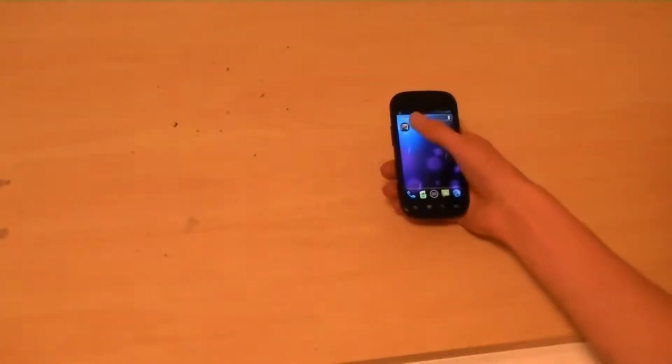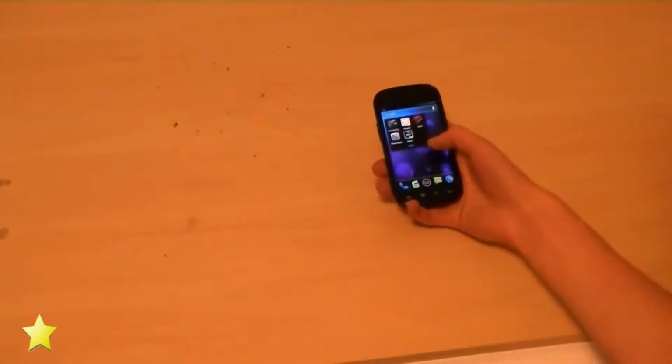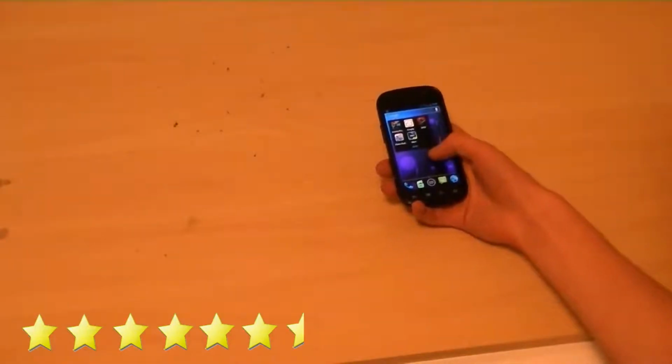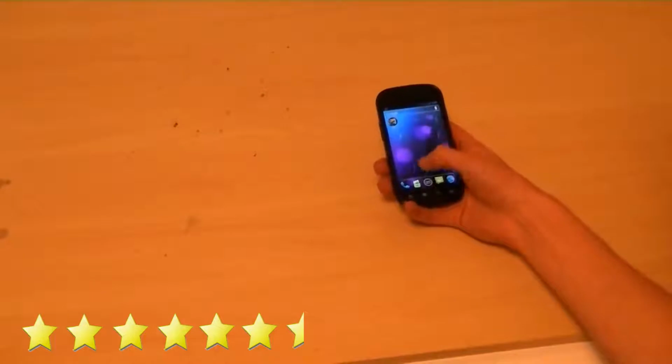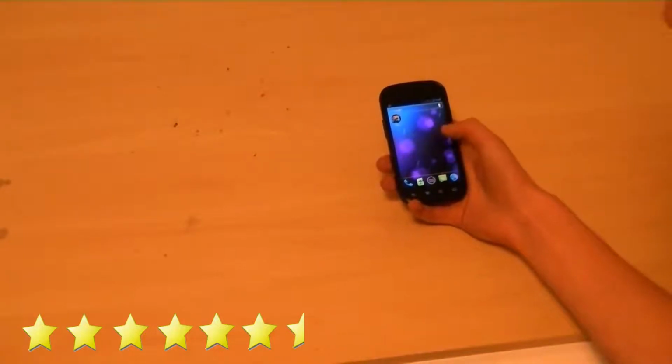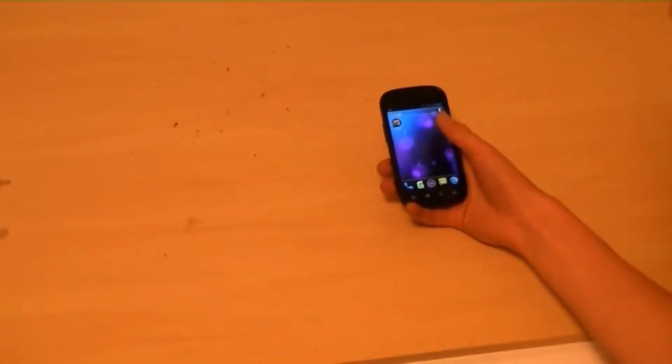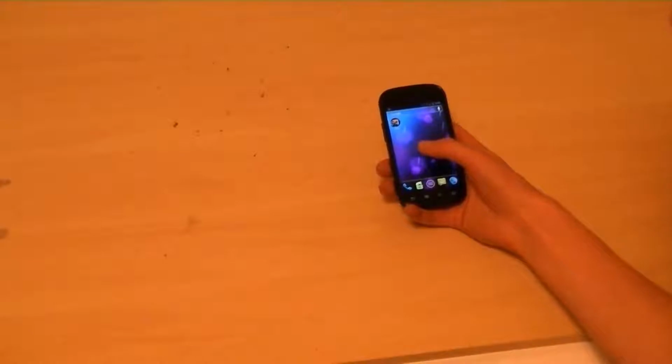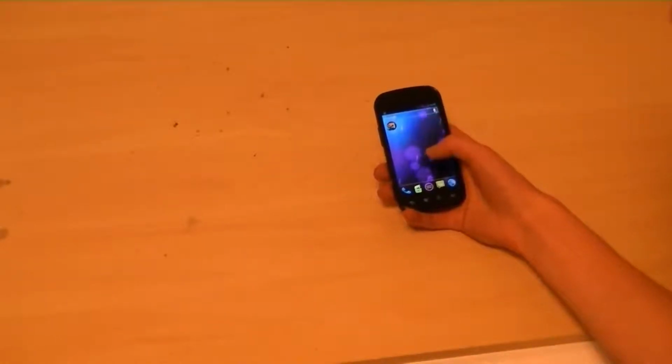I give this app a 6.5 out of 10 because it's nothing really unique. I mean, there are many apps that have similar and better features, but I think it has potential. I think if the developers work on it for a little longer, then I'm sure stuff will come out. But